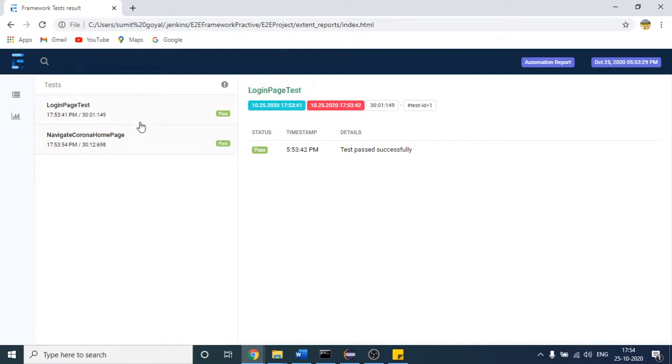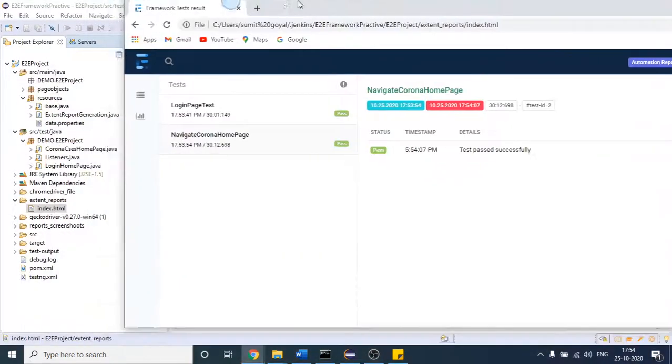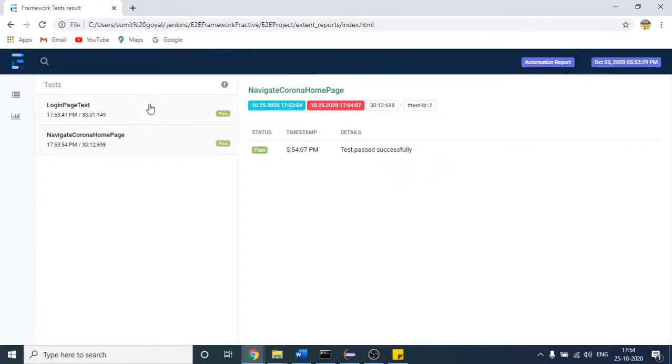So this is how you can work with the extent report. The major part we have covered is how to place the screenshot with our report, and you can hand this report over to your client, so that the client will be able to see the total test cases failed. As of now we have only 2 test cases for demo purposes, but in real time you can have 100 or 500 test cases. Okay, no issue. Let us see one more topic, which is very important from the automation point of view.